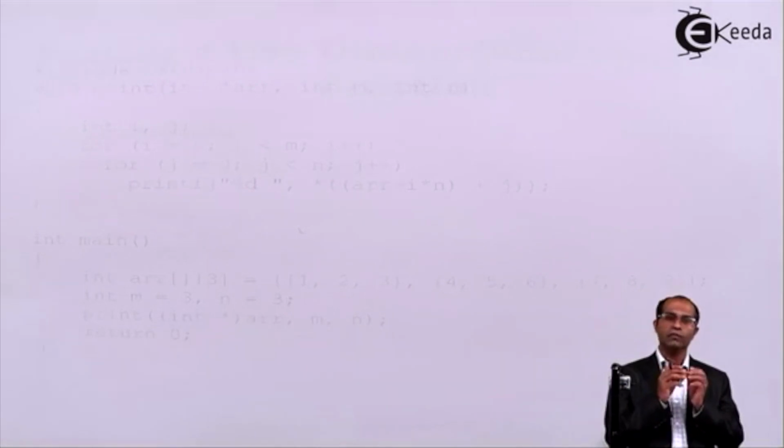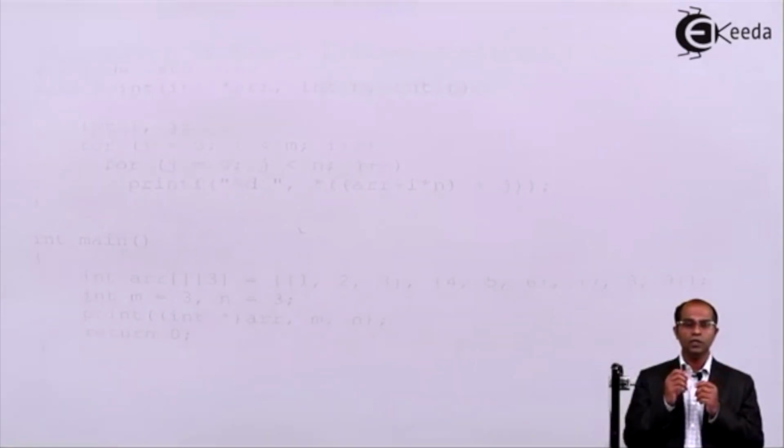Now, before we see this particular pointer, we have to understand how memory allocation goes internally for a two-dimensional array. We have said this in our two-dimensional arrays videos. If you feel that you need to understand those videos first, you can recollect what has been said in the two-dimensional arrays, and then proceed with this particular video.